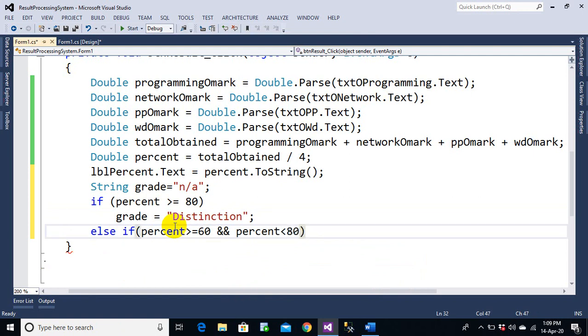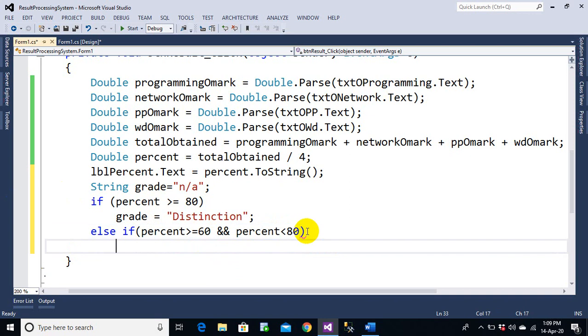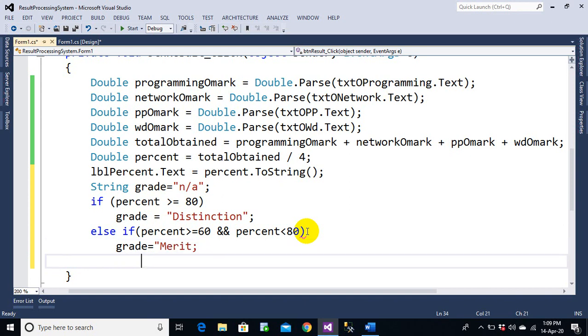80. Now what is the meaning of and here? And here means ampersand, and it has to satisfy both these conditions. The percentage has to be greater or equal to 60, and also the percentage has to be less than 80. Then only the grade in this case will be merit. Sorry, it's a merit. I can also check else if